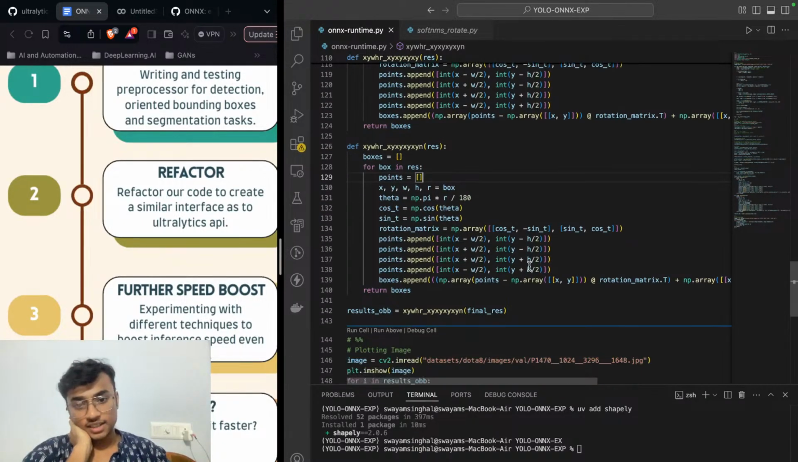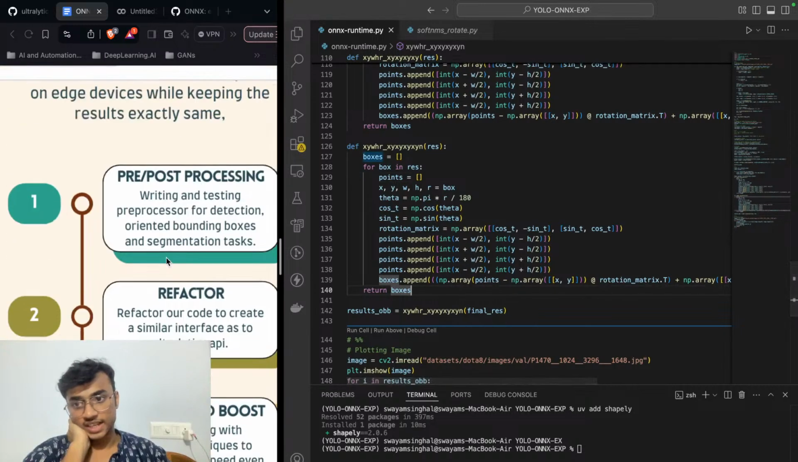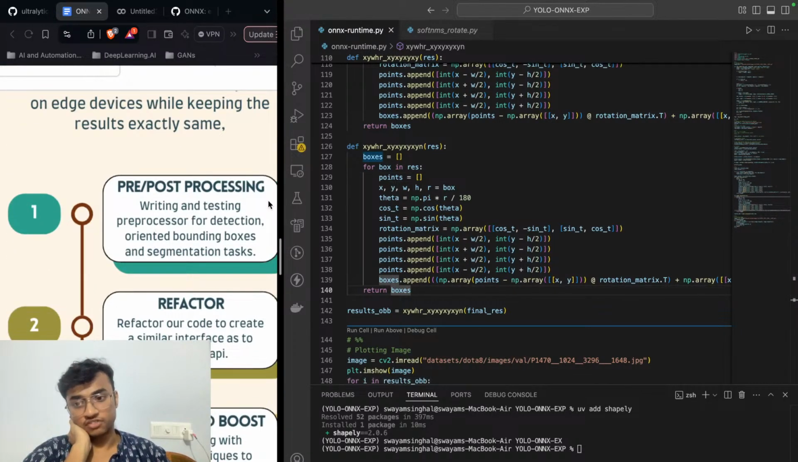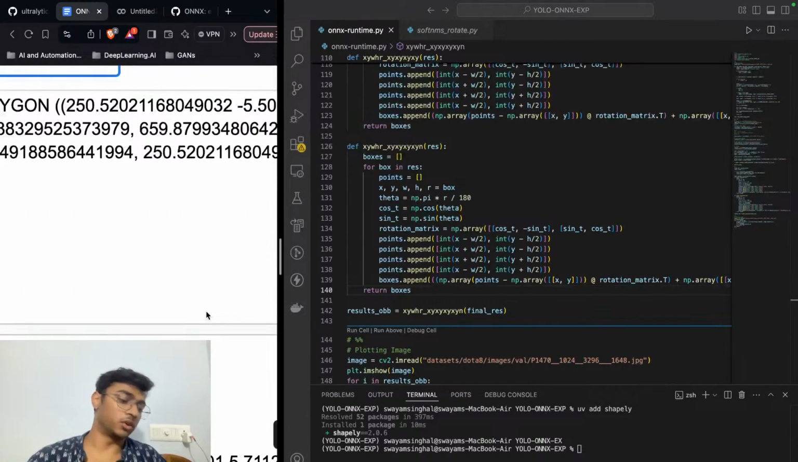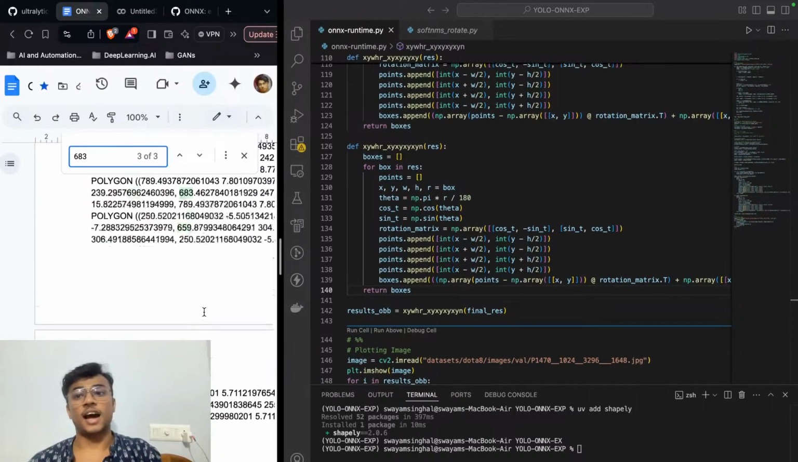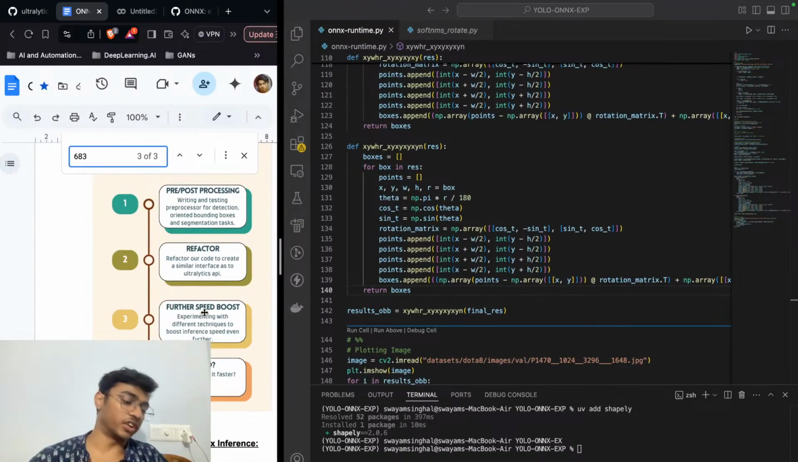But yeah, that is about to come. Our next step would be to get our pre-processing working for segmentation and detection tasks, and then finally we can start working on the refactoring code to create the API. And after we are done with that, then we'll start working on the further speed boost part of things, where we try to optimize the preprocessor and post-processor that we are writing to basically work with this ONNX-Runtime